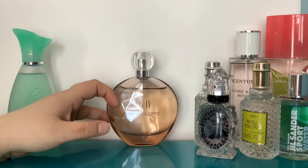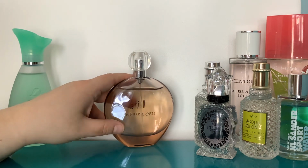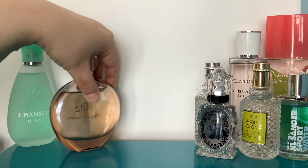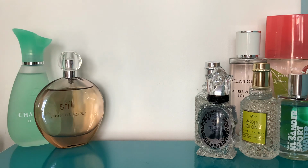Still by Jennifer Lopez is just one of my favourite kind of chilled out boss lady smells, you know, like a skin scent boss lady. Very happy to wear that when I'm with a lot of people as well, because I don't think it's cloying, I don't think it's going to upset anyone. It's just lovely. So then we have, oh, I put this one